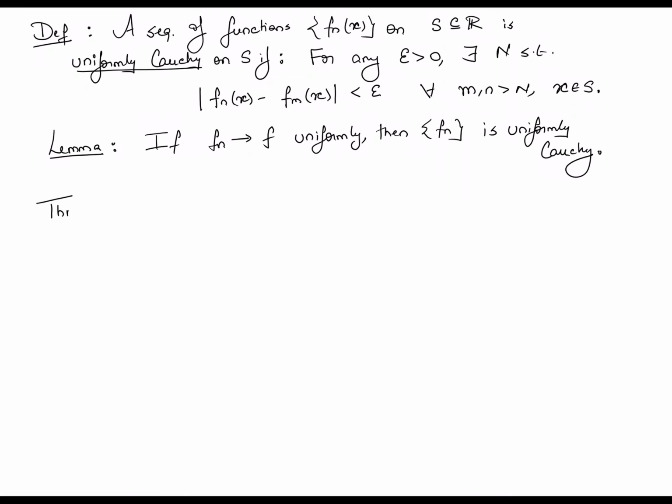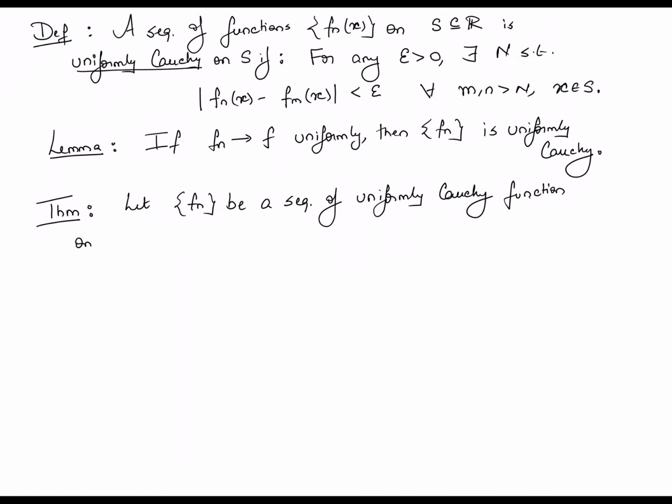The opposite is what we will prove, the converse, namely that uniformly Cauchy sequences are in fact also uniformly convergent. So that is what we will instead prove here. So let fn be a sequence of uniformly Cauchy functions on, again, S, which is some subset of R. Then there exists a function f